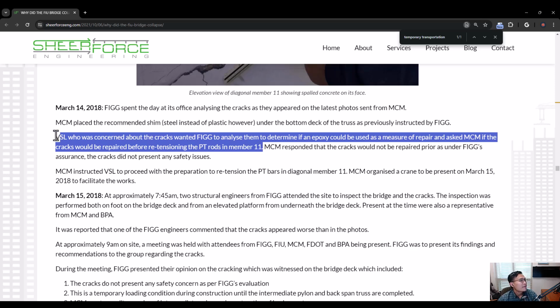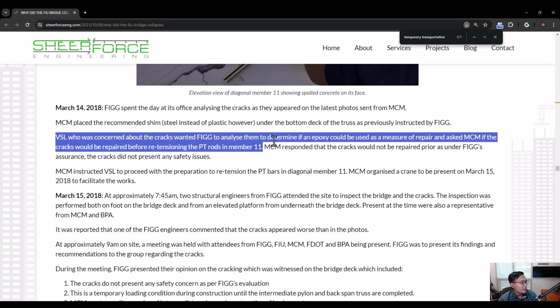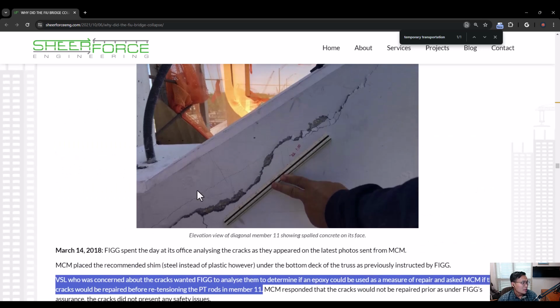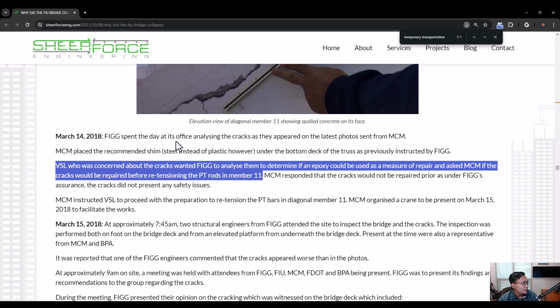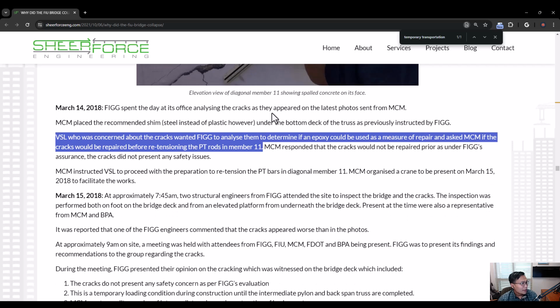So you see that even VSL over here, they are just a subcontractor, but they see this is a serious problem. So they ask the FIC company if we should put any epoxy over here to seal the crack before we do the retensioning, because they feel that there is a safety issue over here. And then you see that